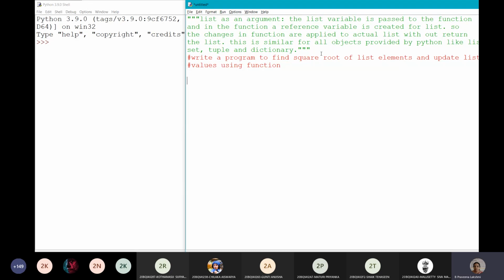Now we'll create a function. def square root, I'm creating a function as square root. The list li, it's not double one, if you are confused, li1 or li.